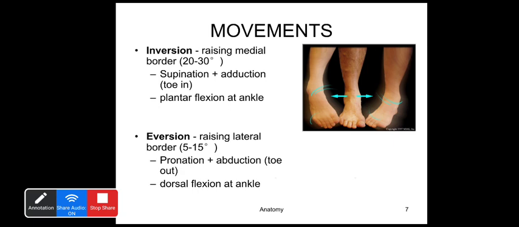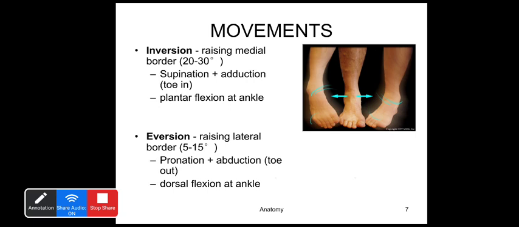So the range of movement for inversion is 20 to 30 degrees. Of course, the range of movement decreases when the foot is on the ground. When the foot is off the ground, the range is more, and on the ground it is restricted, because of the body weight, which is transferred over the talus and the ankle joint, and then comes to the anterior and posterior pillars of the foot. Thereby the inversion, and of course the eversion, is also restricted when the foot is on the ground and the weight is transmitted over that.